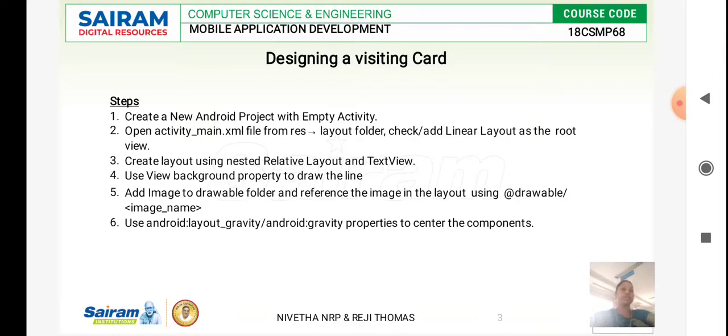So the second step, after the activity main XML file, is the manifest file, which acts as the root to develop our application. We declare all the components we are going to use in our project using this manifest file, so that it acts as an interface between the Android OS and the application we are going to develop.